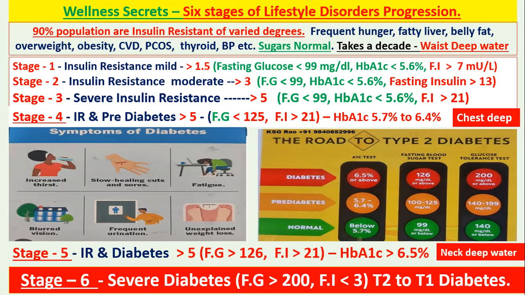So I hope you understand the stages. See, somebody says, look, this guy reversed his diabetes. It all depends. What is the duration of diabetes? What age is he? Suppose a person is old and has had diabetes for many years and is taking a lot of medication. That means he has already gone beyond stage 5, between stage 5 and 6. So it's necessary for all of us to become alert.